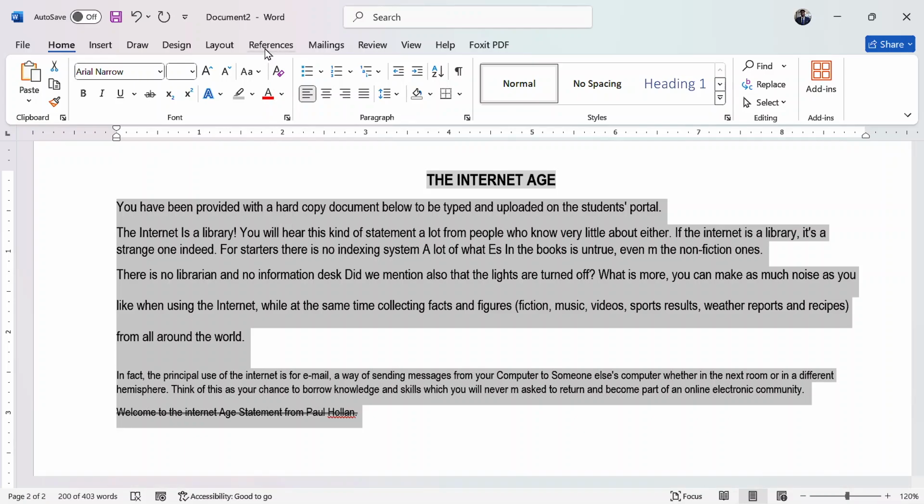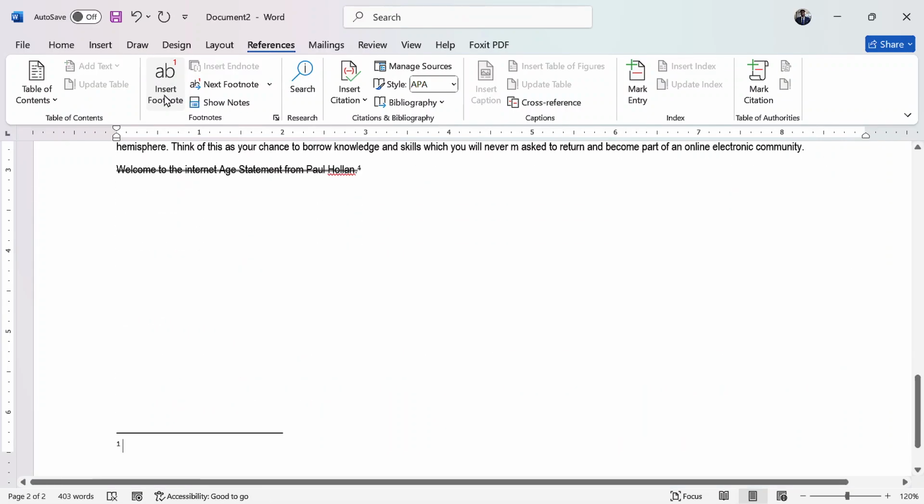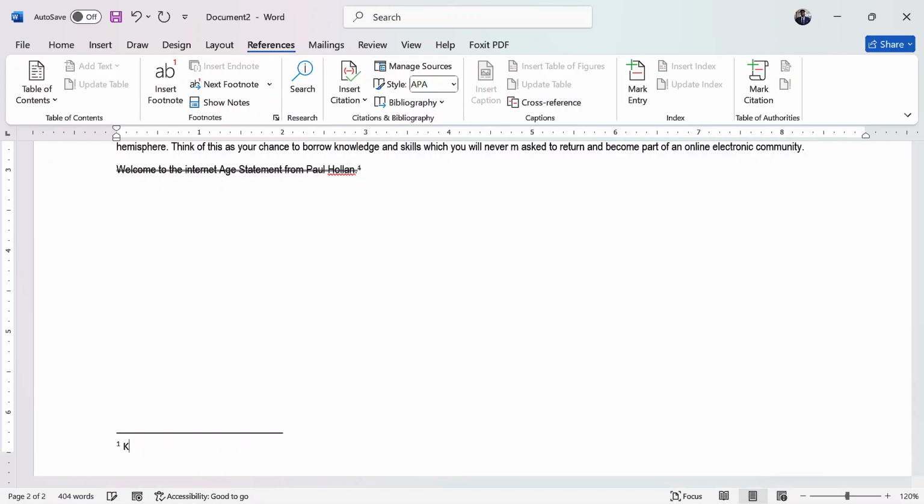Footnote is found on the references tab because it is a Microsoft Word referencing feature that is used to give more information about a particular phrase or a word. So I select the entire passage, I go to references tab, and then I choose insert footnote. When I choose insert footnote, it adds a 1 just there, and then it puts a line below here. Now I'm going to put the author of this passage.